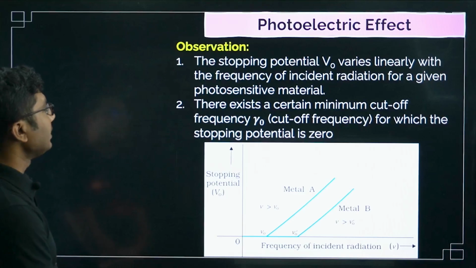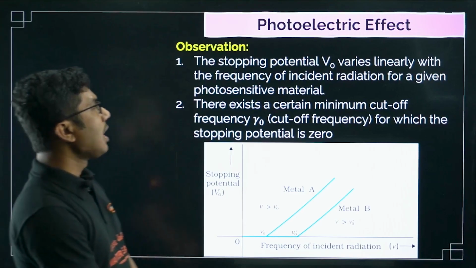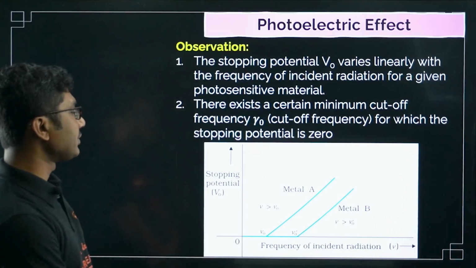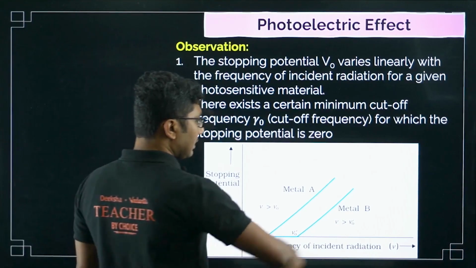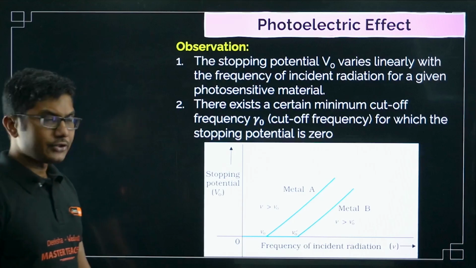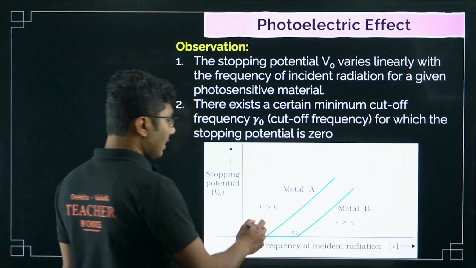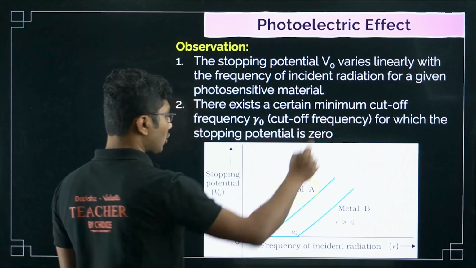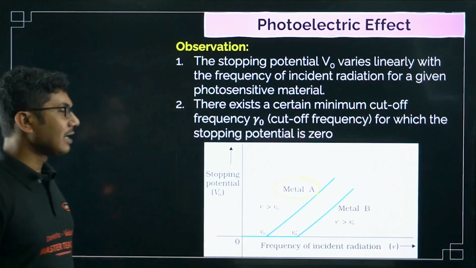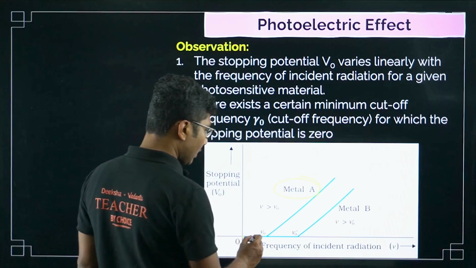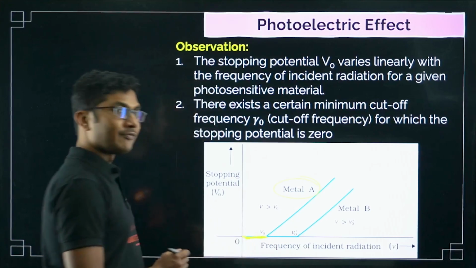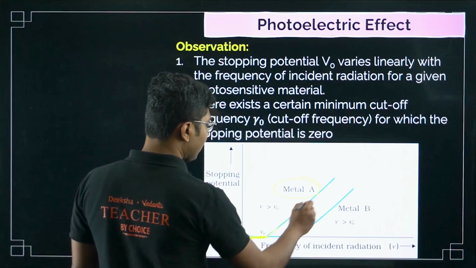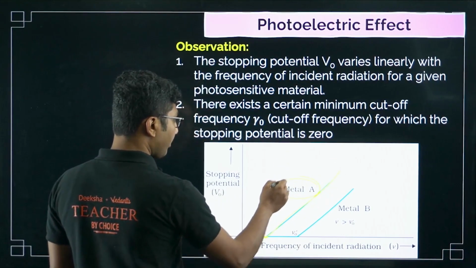The stopping potential V0 varies linearly with the frequency of the incident radiation for a given photosensitive material. So for a given particular metal A, the stopping potential and frequency are linearly proportional, but there is a minimum value of frequency. This minimum value is called the threshold frequency. Other than that, this is a linear variation, but remember that it should not be from the origin,